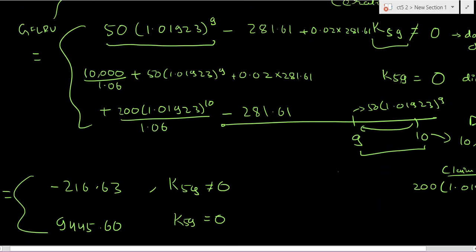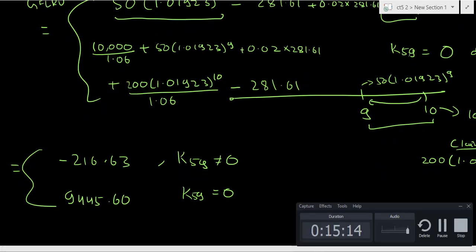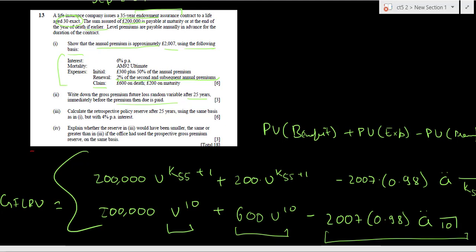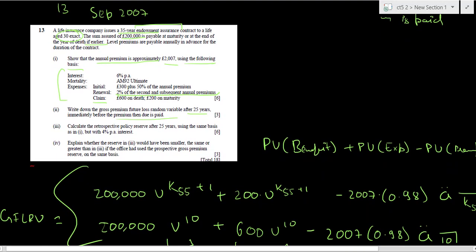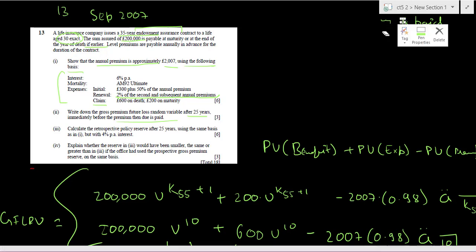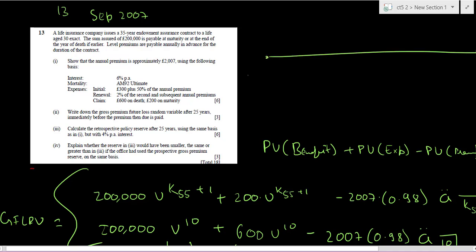So we will now move on to the next question. The next question that we are taking is question number 13 from September 2007, and it goes as follows. A life insurance company issues a 35-year endowment assurance contract to a life age 30 exact. So the initial age is 30, and this is time 0, right? And the sum assured is 200,000 and is payable at maturity or at the end of the year of earlier